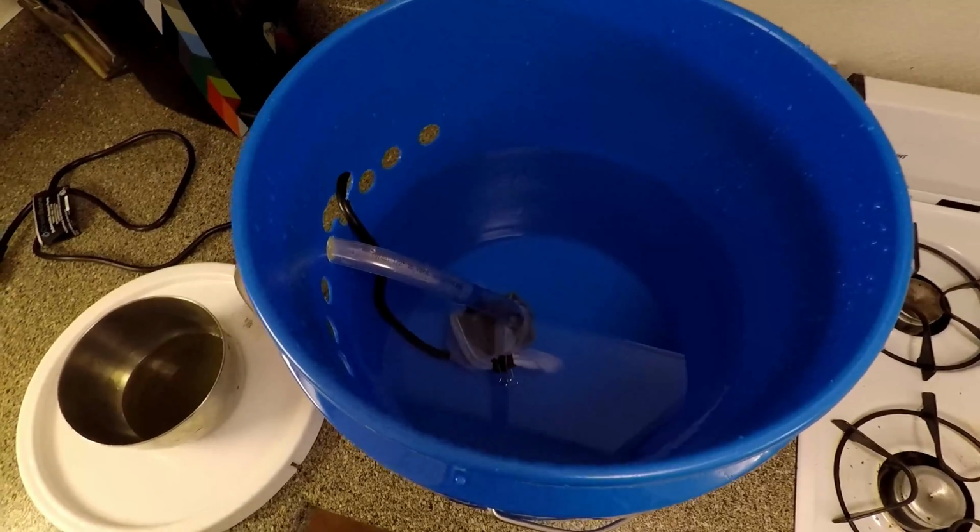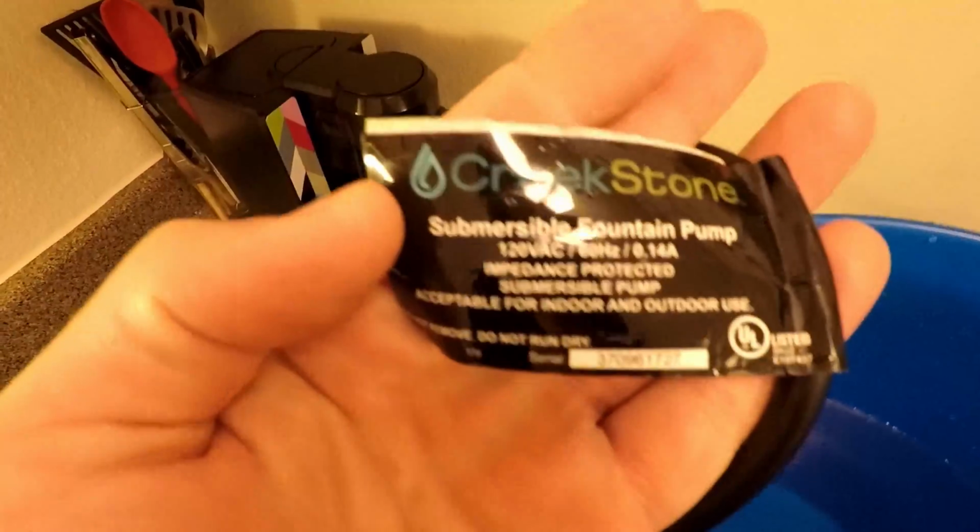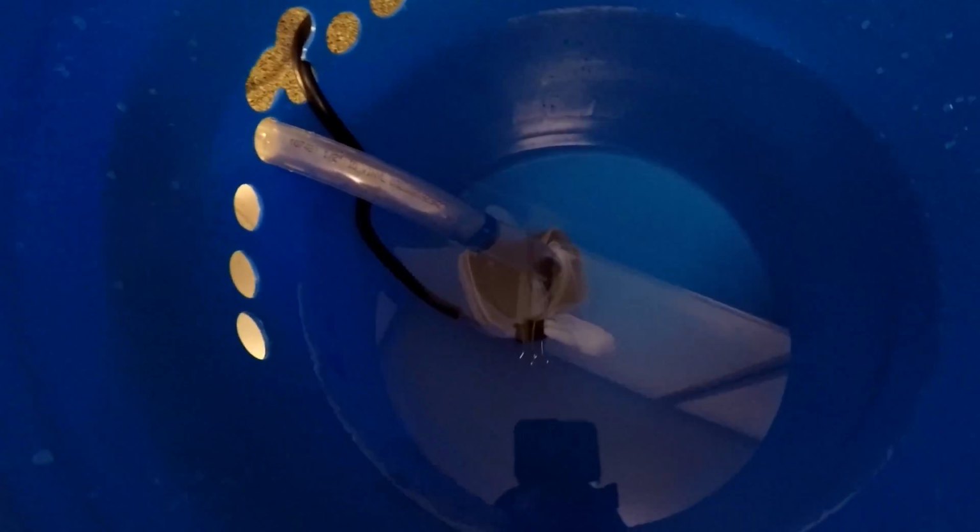Okay guys, so we got the blue bucket set up here almost. Just wanted to show you what it is. So essentially you have your pump, just a fountain pump from Harbor Freight. It's a Creek Stone submersible 110 volt pump. Drilled some holes in here so I can get the cord through and the hose, and I have a lid for it that you put on top. It's got a hole crudely cut in it, and